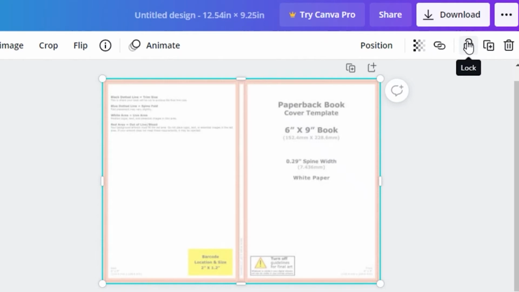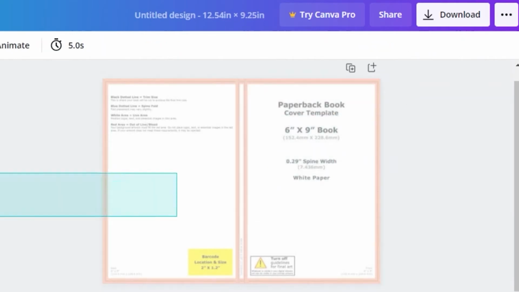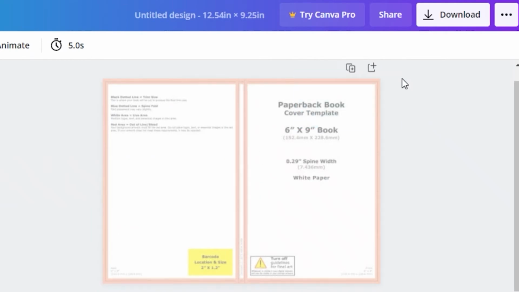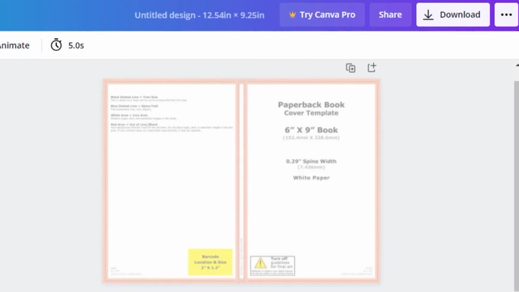So I'm going to click on this lock icon, and what this does is it enables me to click freely without moving this initial image or canvas that I have, so I don't move around my template and mess up my margins or alignments or pixels or anything like that. Once you have done that, you're going to go on to the elements on the left side of your screen,